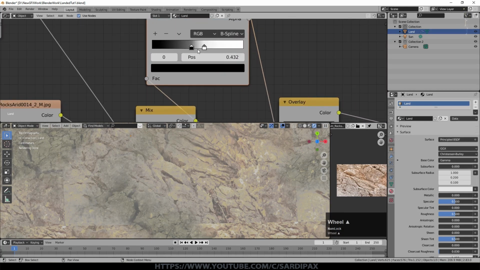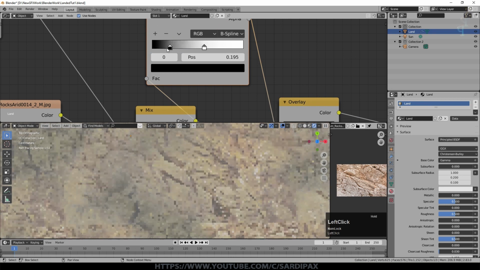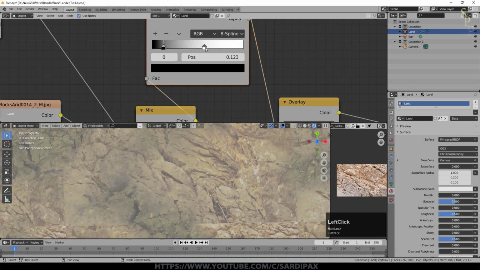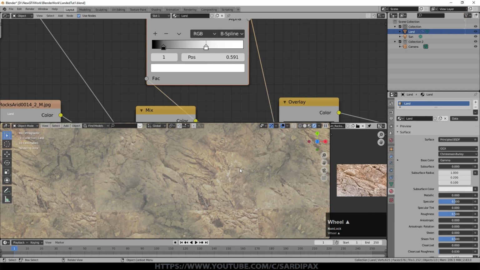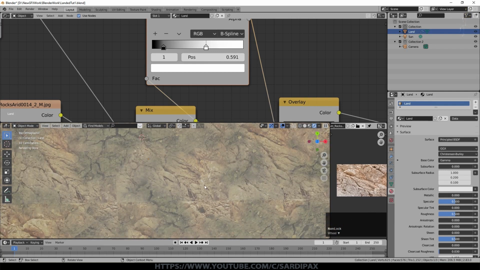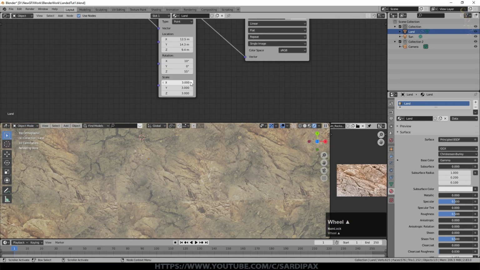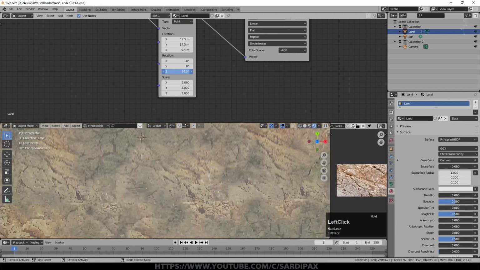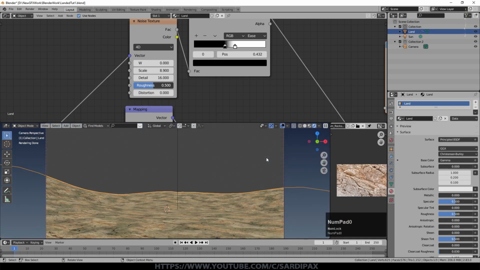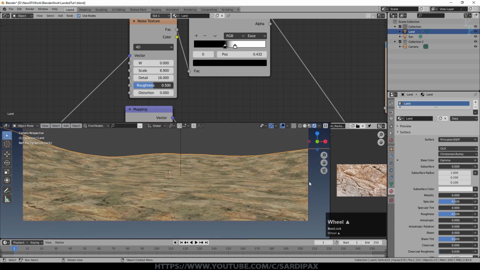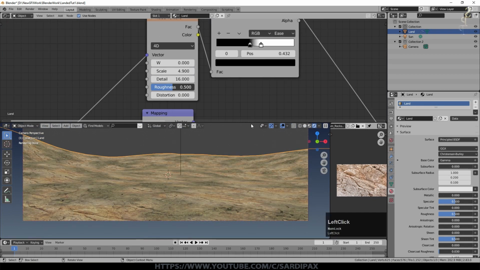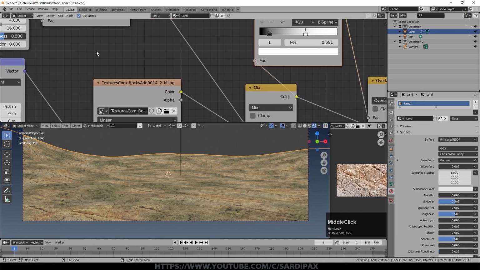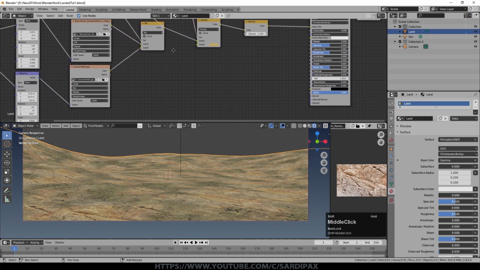And then what we can do is play around with these points. And I had these sort of out here somewhere. This is an attempt to sort of also tie it together a little bit. You still get some borders like this, and obviously we can play around with things to try and help with those. But when we look from the camera, there's pretty much no obvious border there. And if you do see a little place where you've got a hard line, then just adjust the scale very slightly and it'll probably disappear. So that's the basic color of our landscape, but we haven't got much in the way of surface texture yet.